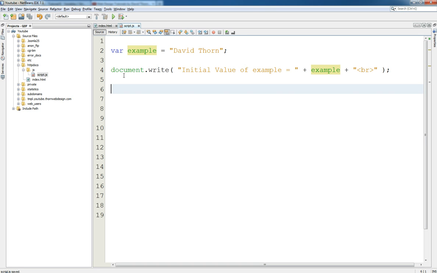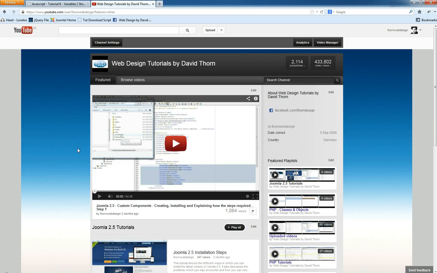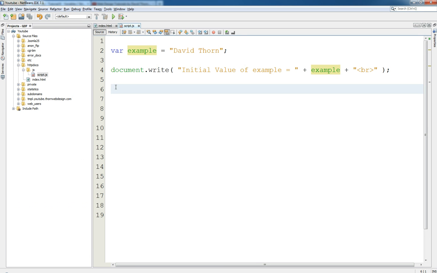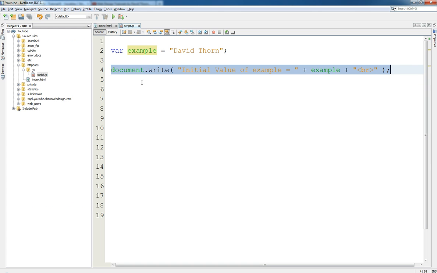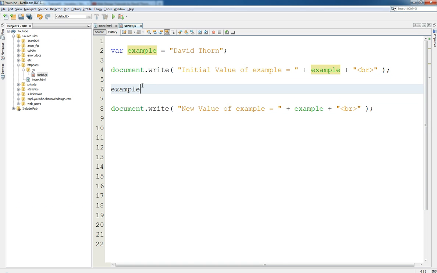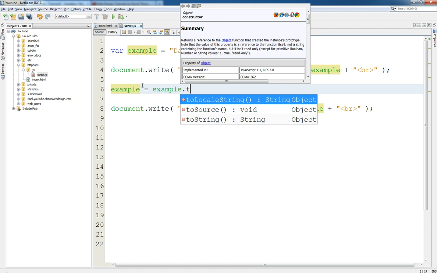Okay, so let's output this first and see what we get. Initial value of example equals David Thorne. Now let's come to here, and we'll just keep printing it out every single time. New value of example equals that, and what we're going to say is example equals example once again. So potentially we're going to override example with the new value of example, and we're going to say